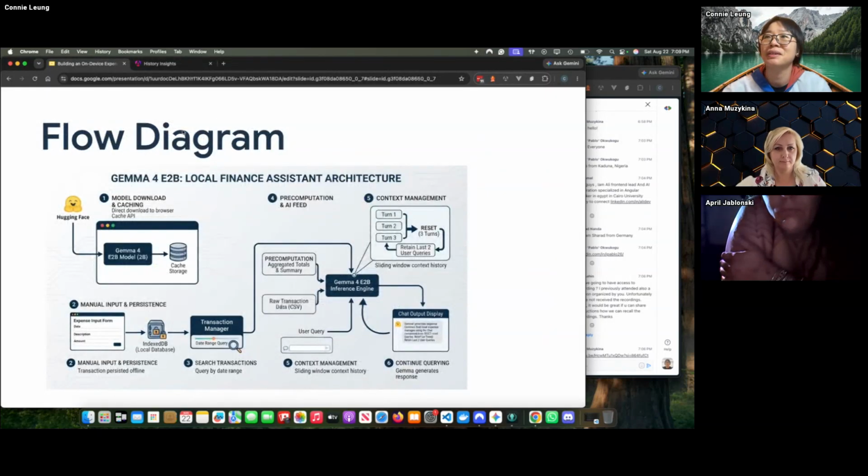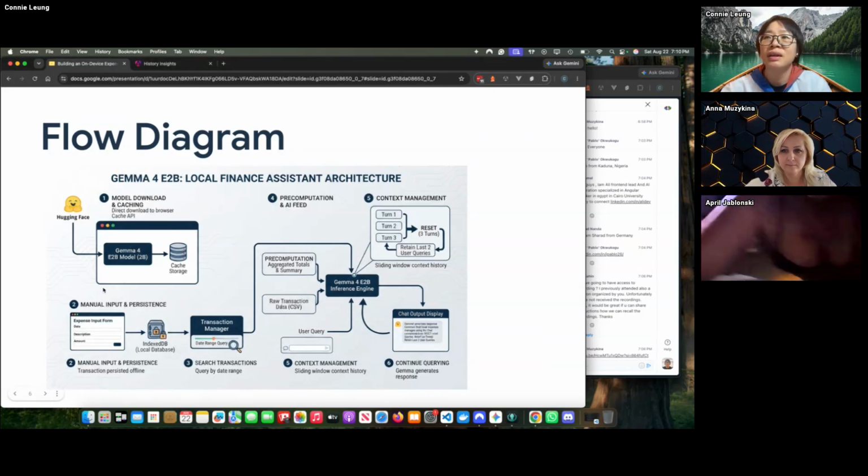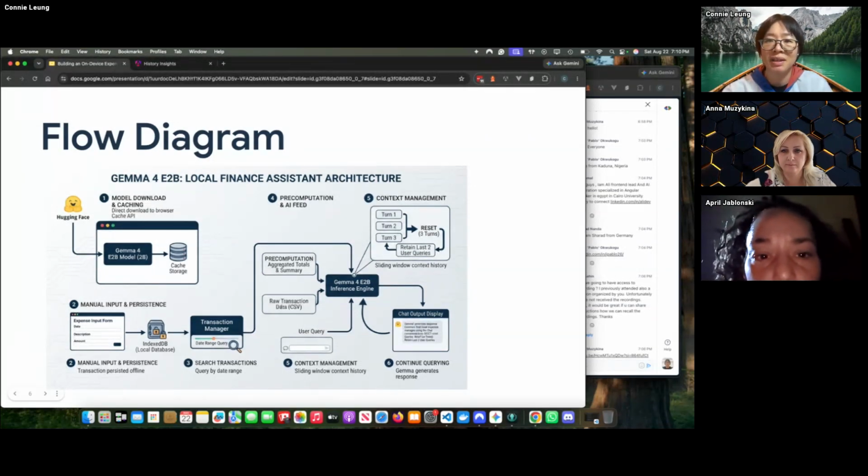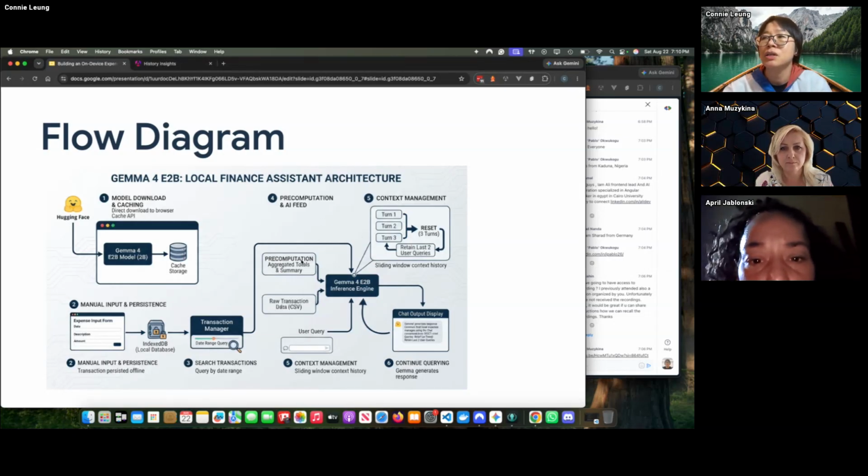So this is the diagram. I need to cache the model first. But if I don't cache it, it's still okay as long as I have internet running in a stable fashion at home. Then step two is I need to input my expenditures in a very simple input form, and then I need to go back to the previous history and insight page to query some expenses,